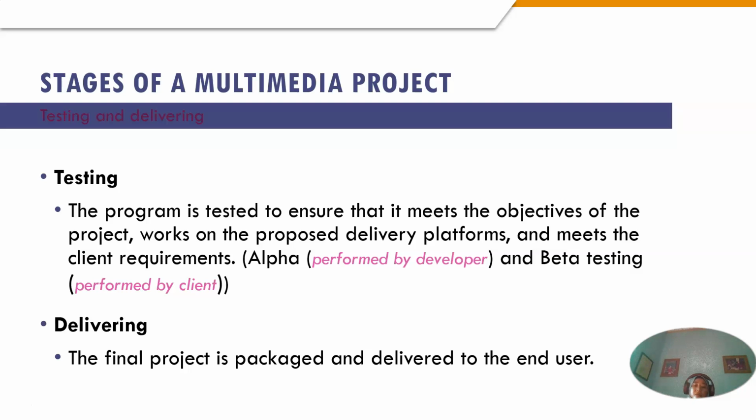So basically, class, we have two parts of testing. The first is alpha testing, performed by the developer. Number two is beta testing, performed by the client. Alpha is the first step of testing, because you are the person who developed the product. For example, you and your team members develop the video, so you need to test it first. All the team members need to test it to make sure the content is correct and the flow of the content is correct. After that,